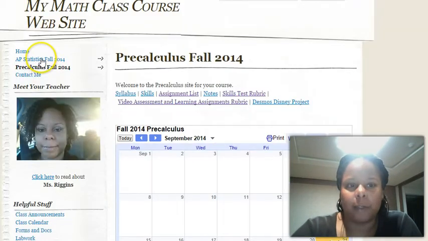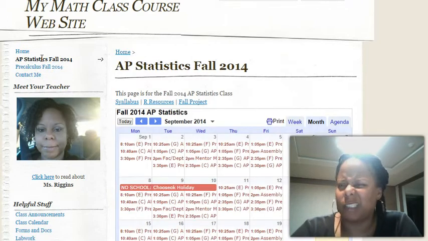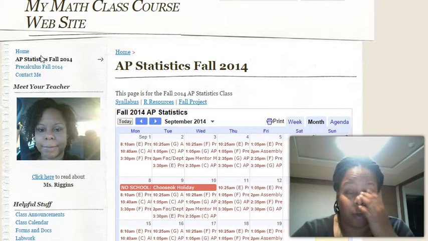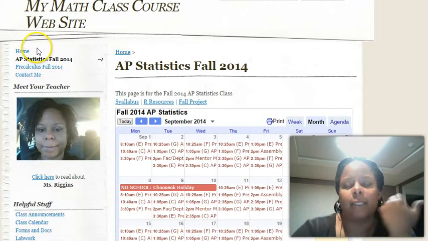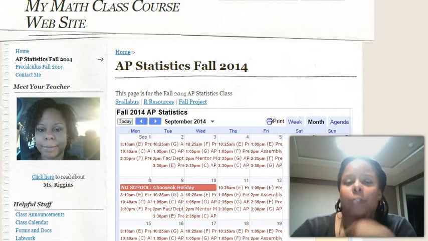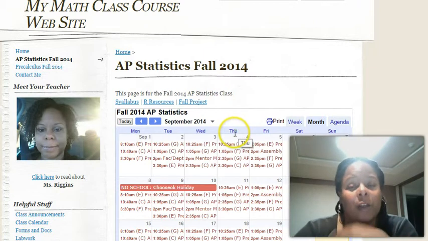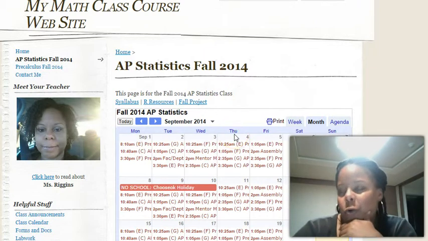For statistics, it's a little bit different because in this class, the kids have mostly finished the statistics curriculum. So what I decided to do is some of them will be needing statistics later on in life, and I wanted to show them the different type of technology tools that they could use. From my understanding, their previous teacher used statistics in such a way that they were able to do a lot of calculations either on their TI calculator or in Excel. So what I want to do is for them to do something a little bit different.